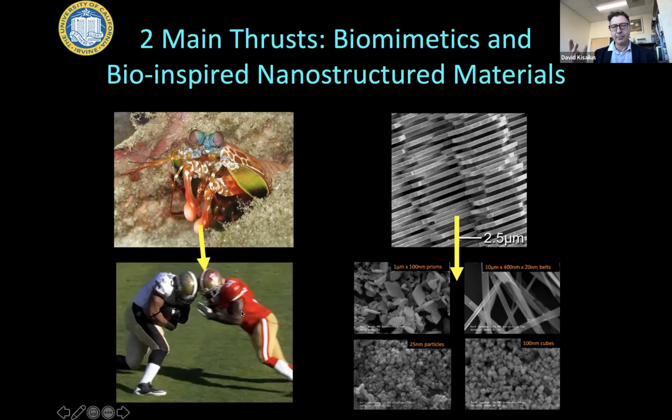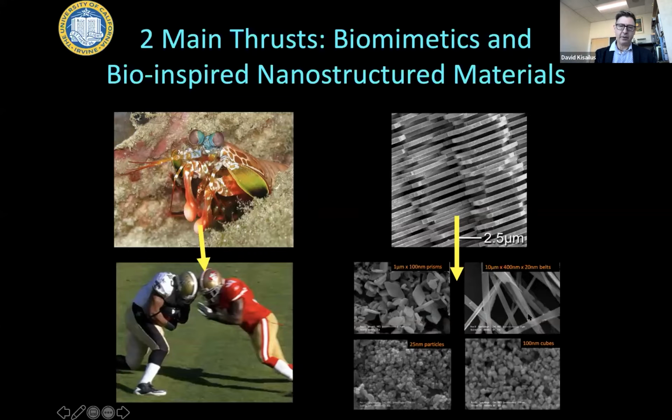The other half of my lab says, why don't we also understand how these organisms form? You yourself have bone that is a composite structure of mineral, calcium phosphate, and protein, collagen, that is self-assembled, and you form these crystals to make your bone. We look to understand those processes in organisms. And then by understanding that process, we ask, could we use the same strategy, what I call bio-inspired processing, for